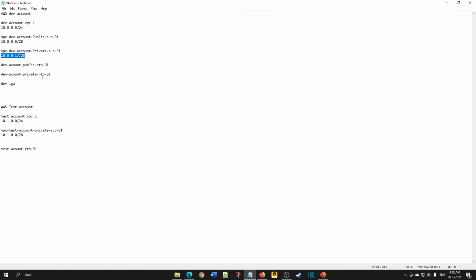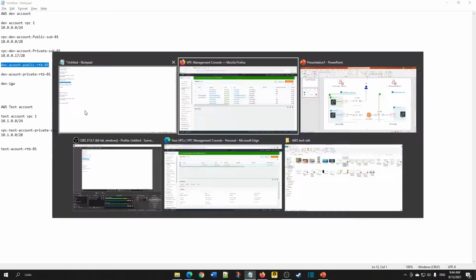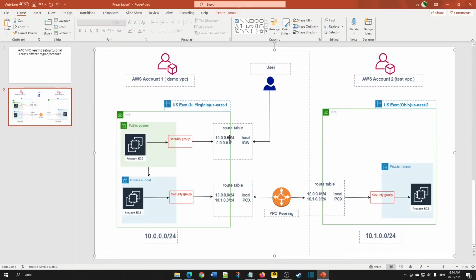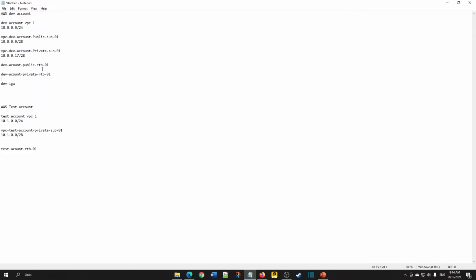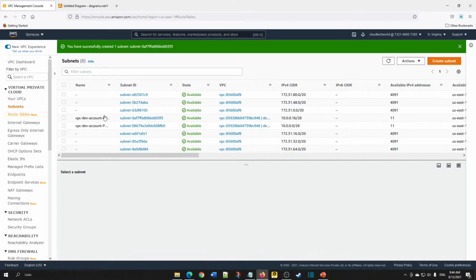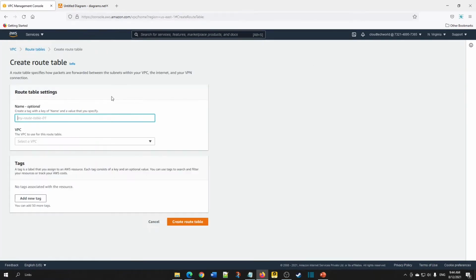Next thing is we need to create two different route tables because they should be routing to two different addresses. They should be talking for two different purposes. For example, route table 1 will be talking to the internet to connect to the user. Route table 2 will be connecting via VPC peering. So we need two different route tables in order to talk to two different sets of people. Click on route tables. Now click on create route table.